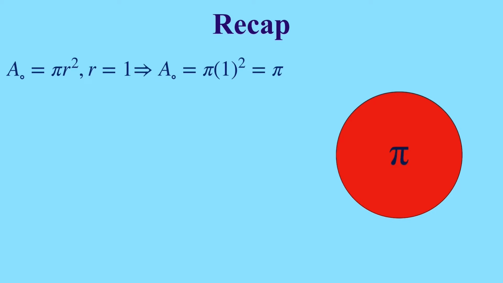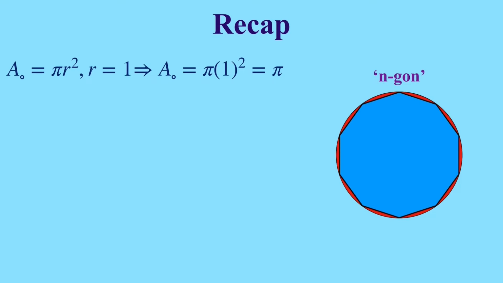Quickly, we'll recap just in case it's been a while since you saw the previous video. So what we did is we used a circle to find an estimate for pi. We know that the area of a circle is pi r squared, and if we have a unit circle then the radius is 1, and so the area of the circle is pi. Now all we have to do is find a shape that approximates the circle well, and that means we're approximating pi well as well. The idea then was that we use an n-gon, so that's a regular polygon